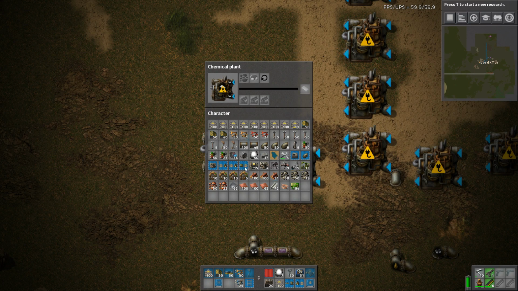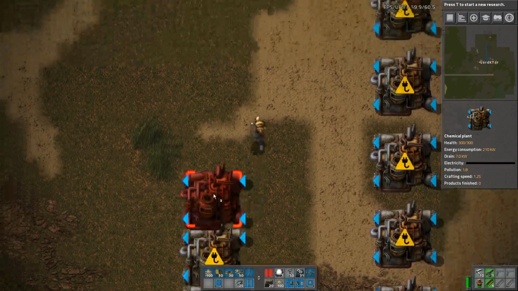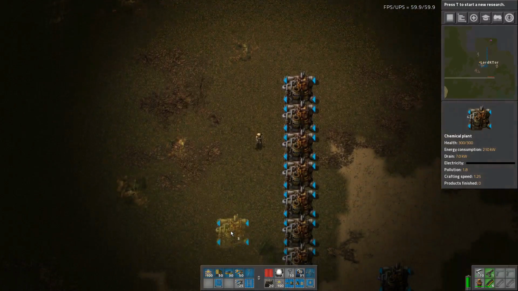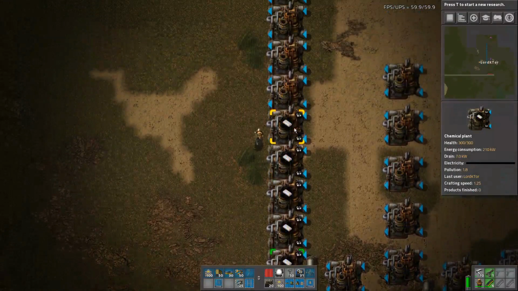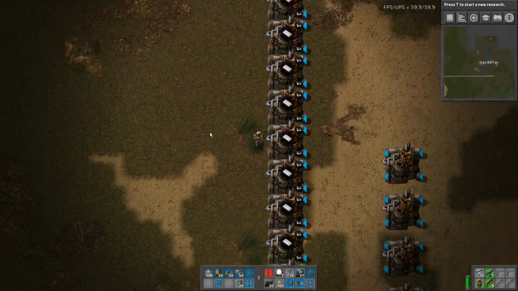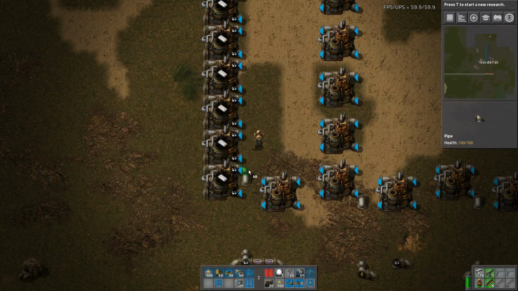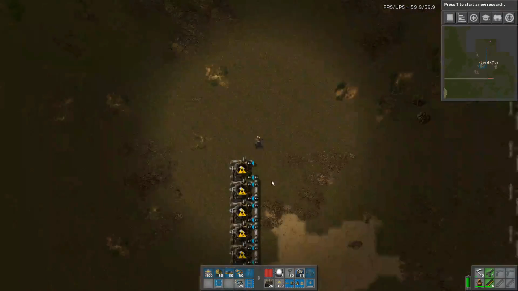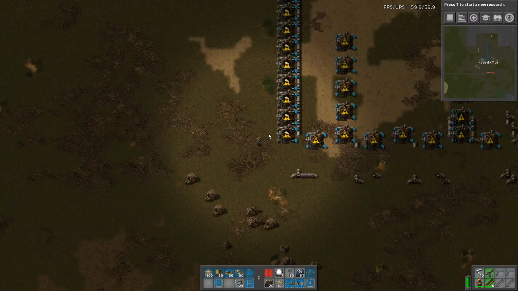Well, it's 13 per yellow belt, so if we have 4 rows of 13, 1, 2, 3, 4, 5, 6, 7, 8, 9, 10, 11, 12, 13. And I guess this just needs to be one long pipe. And coming down this side,